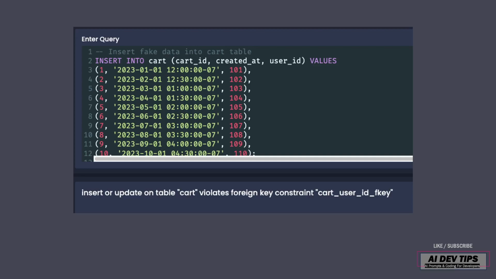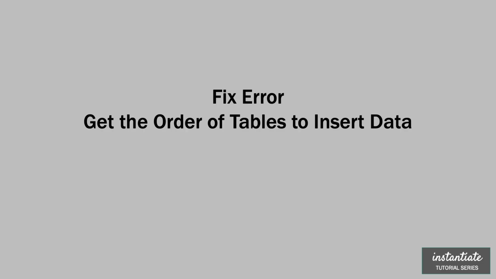Whoops, it looks like we got an error here. Insert or update on table cart violates foreign key constraint, cart user ID F key. Let's look into that. I've run into this before, and I realized that in order to fix this error, we